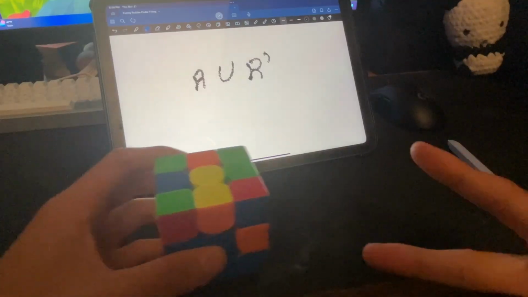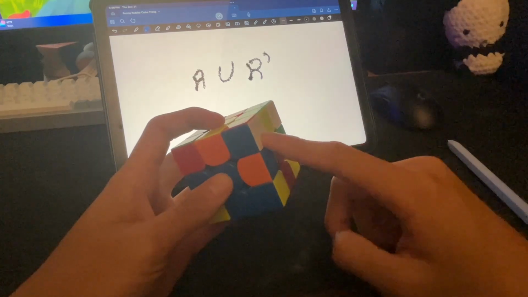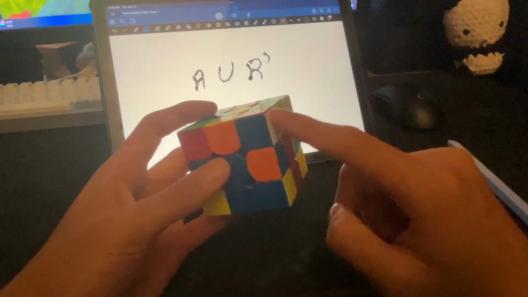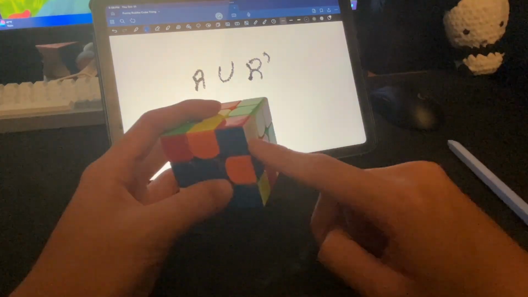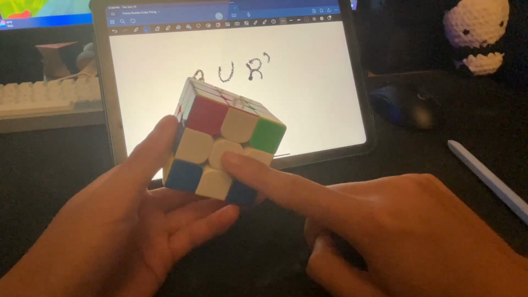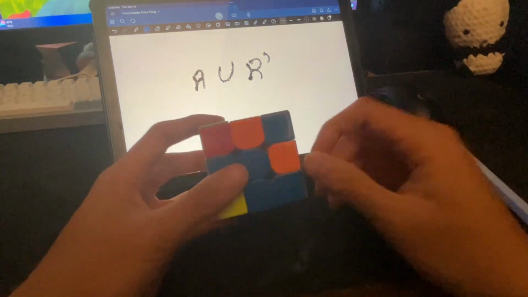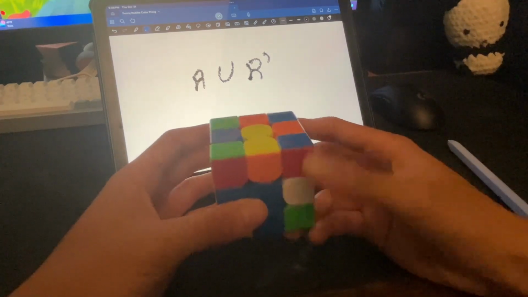There's a second algorithm you need to know. This one solves the case when white is on the right. So make sure the corner is right above the slot it needs to go. As you can see, the corner in this example is white, blue, and red. And the spot we're above has white, blue, and red. So the corner that would go here would be white, blue, and red. So make sure that this slot is on the right. And then this algorithm is pretty easy. It's just R, U prime,